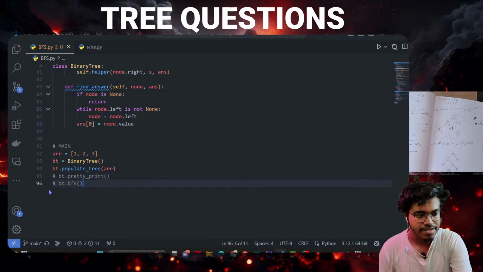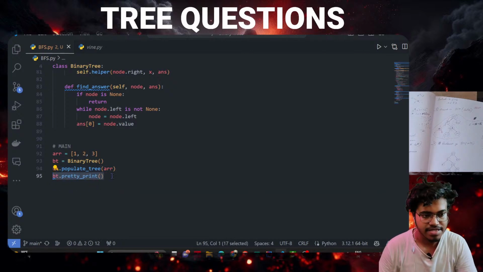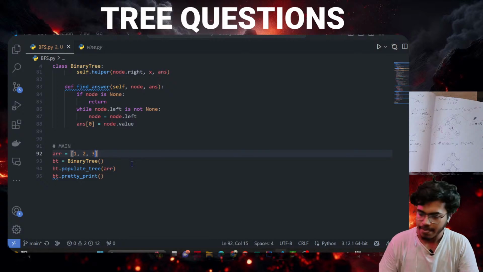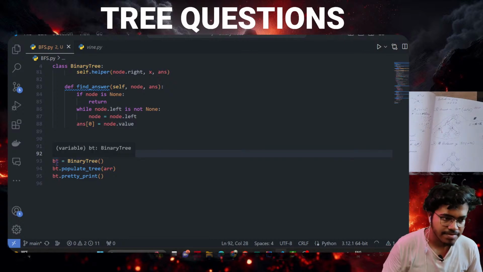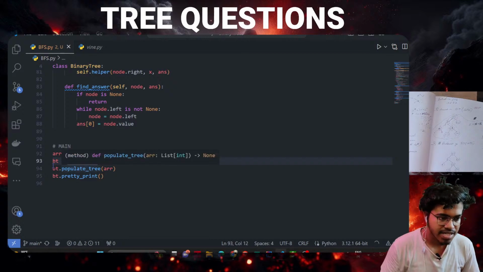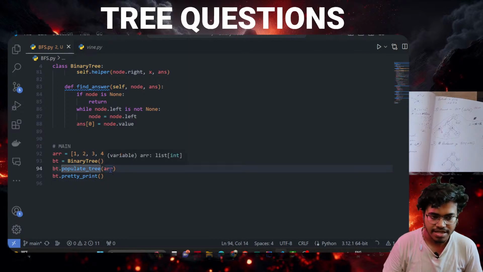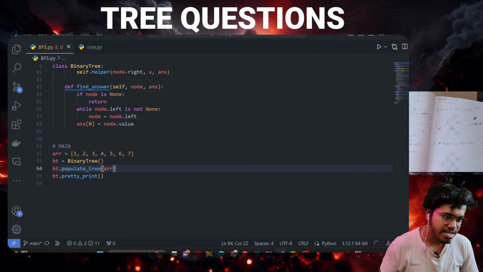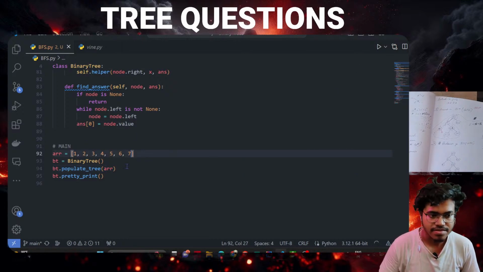Okay, so let me revise it a little, for my own reference. So suppose we have 7 items, 1 2 3 4 5 6 7 items over here. Okay, so this creates a binary tree object. Initially the binary tree does not have any node, but when we say populate the binary tree according to the array, it will try to create a balanced binary tree according to the array. Okay, so let us see what